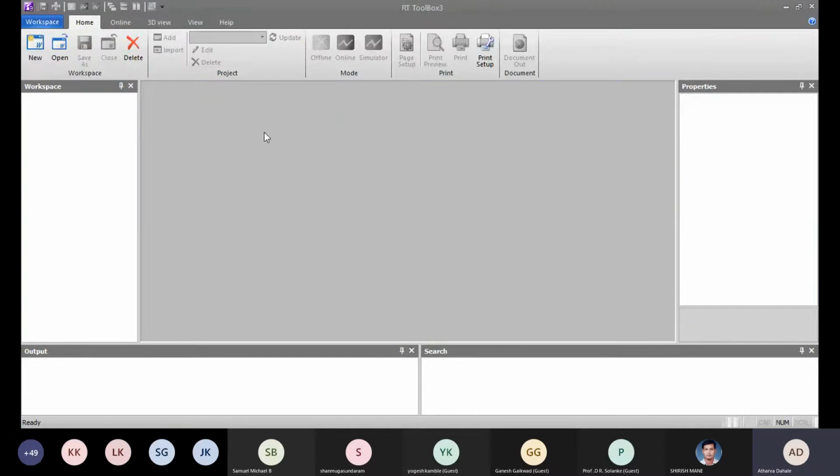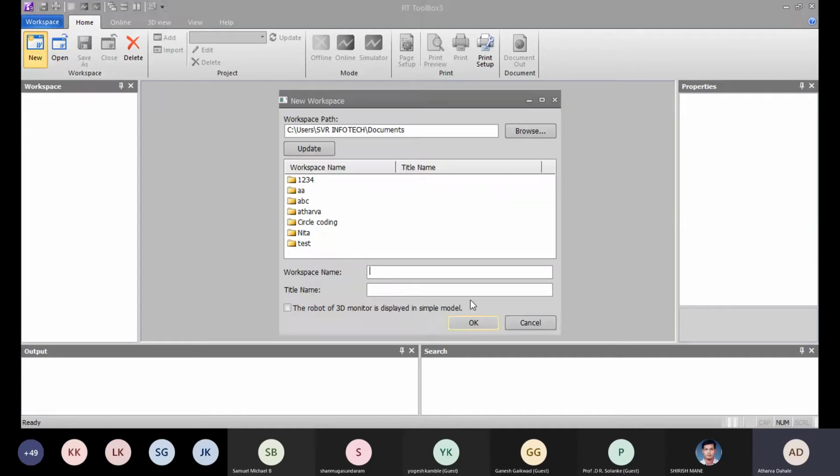After that, let's get back to the home window. So here we'll click on New to create a new workspace. To code anything or to move the robot, we have to click on New. So yes, I have clicked on New. After that, you have to give a unique name to your workspace.